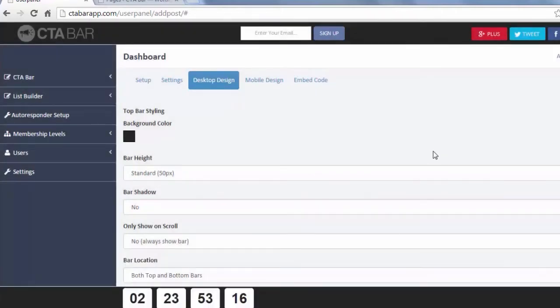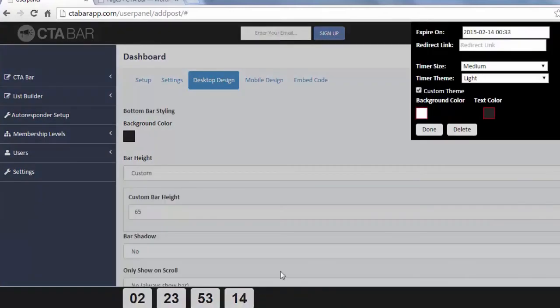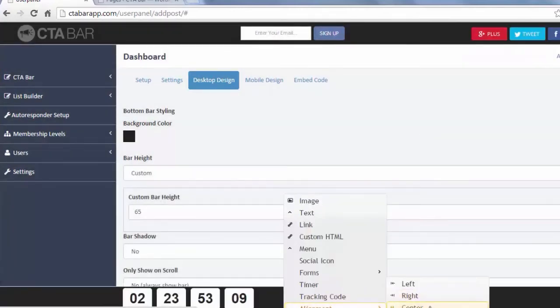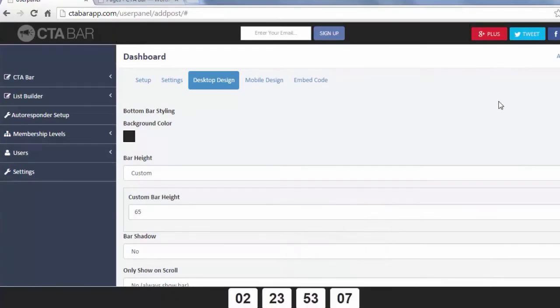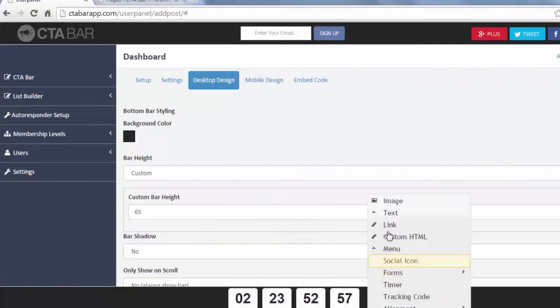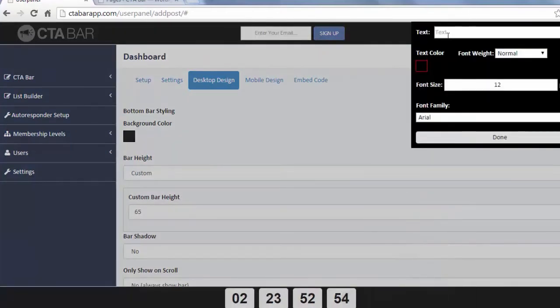Perfect. I'll click done, and there's my timer. Yep. And I'm also going to align this one centered. Alright, looking good. So let's just show you guys a few more features of what else you can do. You can also put in just basic text. So over here, just say I want to put some basic text, and I can put